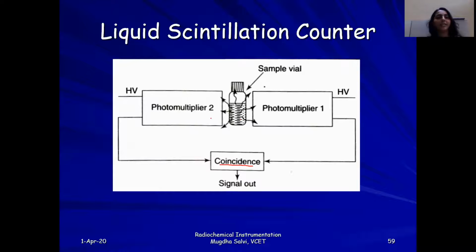If the radiation is occurring and you are measuring the output of the radiation, there will be one radiation entering, it will generate some scintillation. Obviously, the scintillations will move out in all the directions. And those which are common, only those will be considered for the output. Hence, we are using a coincidence circuit. It is just a timing circuit which will measure the time at which the pulse will be given out by the photomultiplier tubes. Hence, a coincidence circuit is used here.